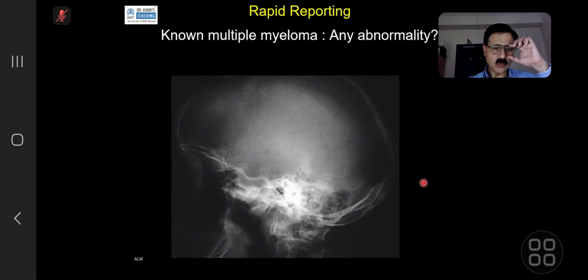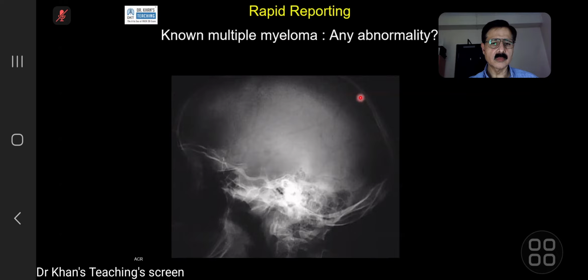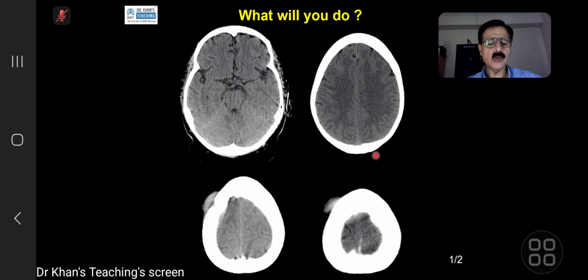Any abnormality? Normal or abnormal? Punched out lesions. Very good. So there is one here, and maybe one here and one here, but these two are quite obvious, punched out lesions. Now, you are reporting this CT scan,